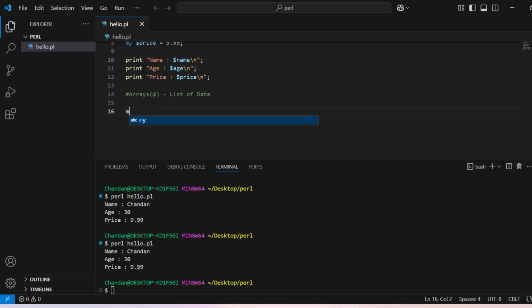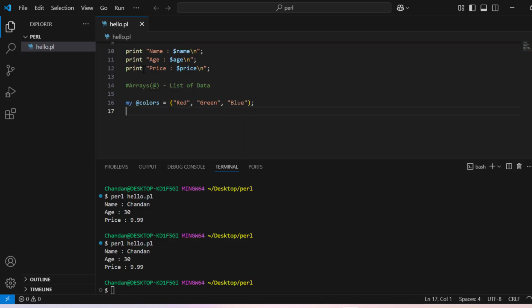For example, here I'll write my @colors equal to. Now to store we need to use parentheses and terminate it. And here inside it you can use double quotes, and then you can write here the color names. So I'll say red, green, and then I'll say